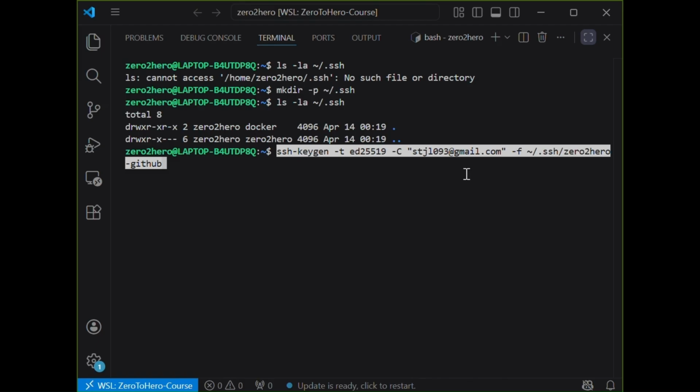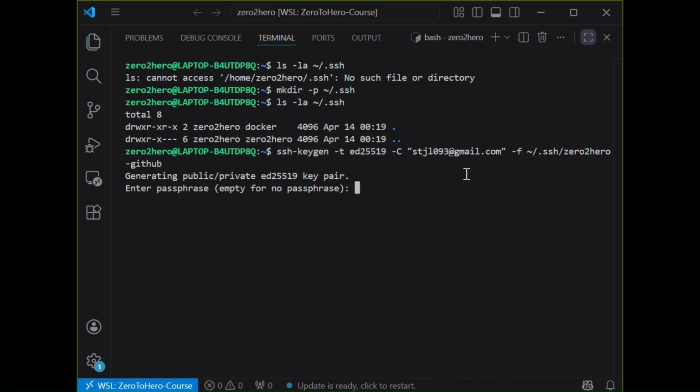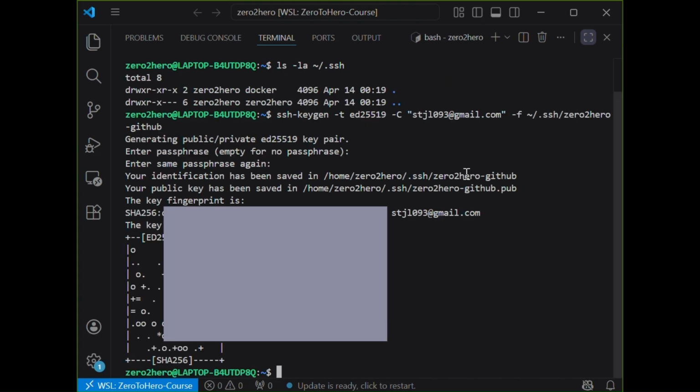Press enter. It may ask you for a passphrase. You can just press enter twice to skip it. Perfect. Your SSH key pair is now generated. One private key that stays on your computer and one public key that will be uploaded to GitHub.